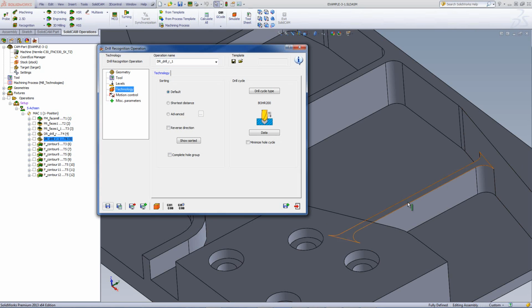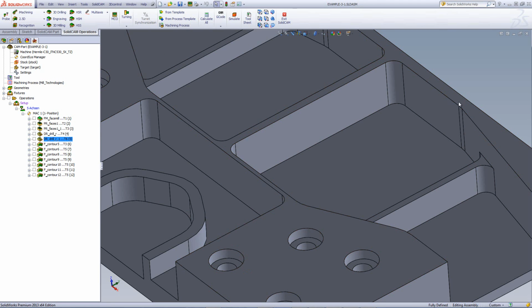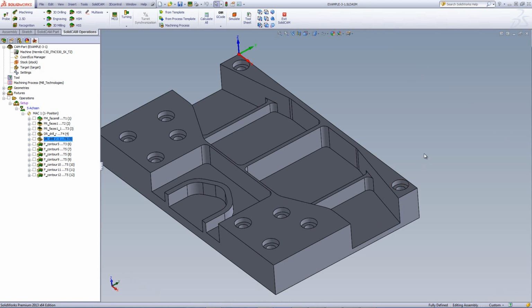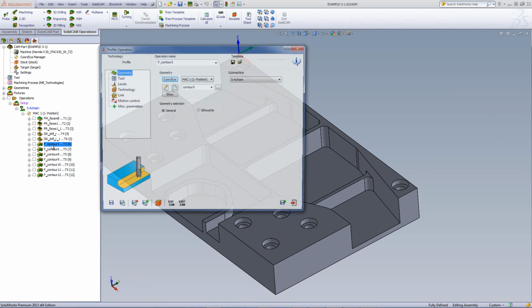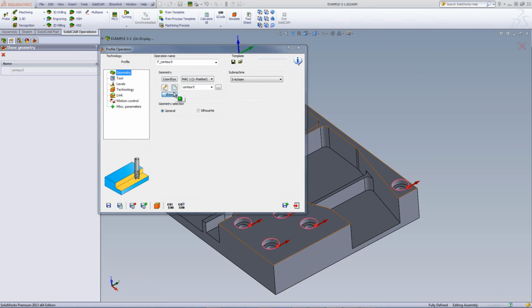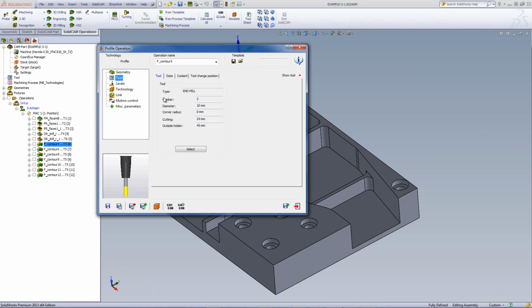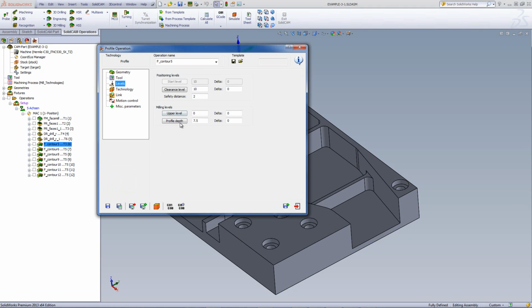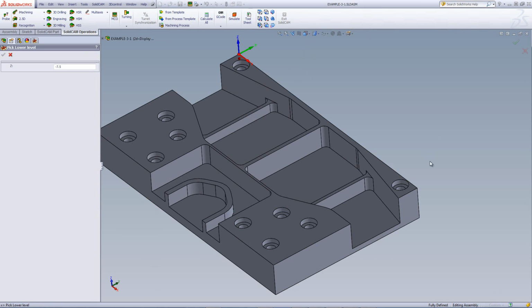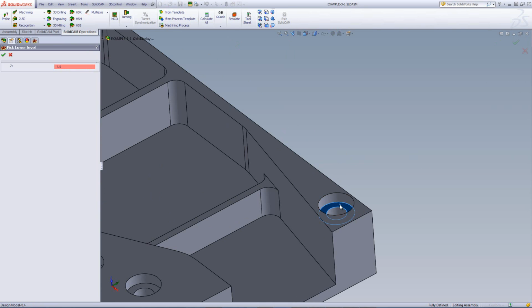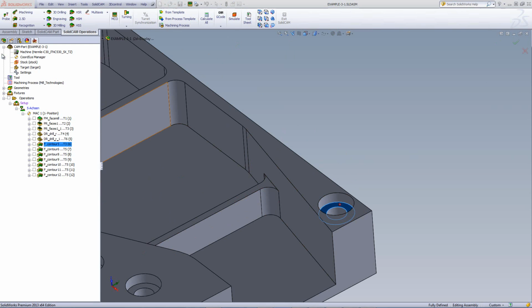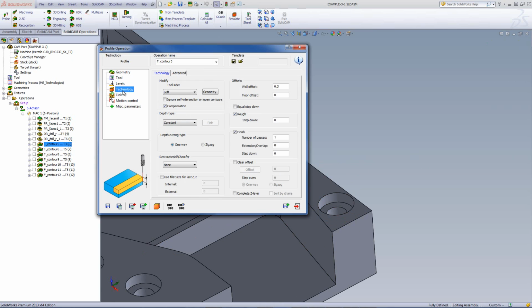Now, in my next operations, I wanted to finish off the counterbore of each one of those holes. So to do that, I just used a profile operation where I had my geometry as shown over here, each hole individually as shown over here, and the tool being of 10 millimeters, going down to the depth as chosen on the part itself up until the floor over there. And in my technology,